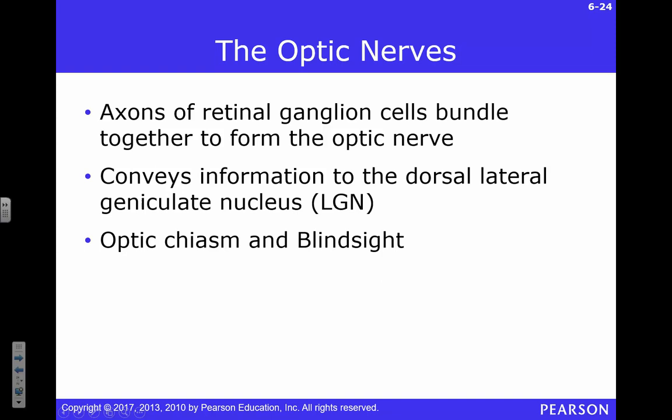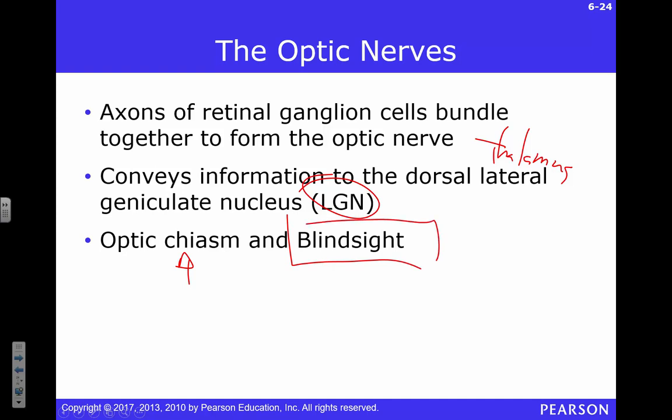What's really important is, was it the left or right visual hemisphere, or field, not left or right eye. Because if you close one eye, you can still see some things on the other side, right? Go ahead and give it a try, Beth. You're thinking about it. It works, right? Then we send that information back to the thalamus, to the lateral geniculate nucleus. And that crossover is called the optic chiasm.